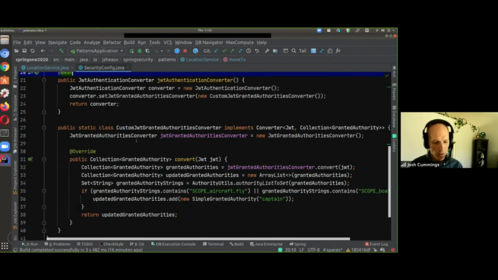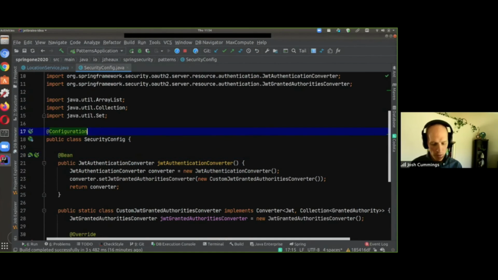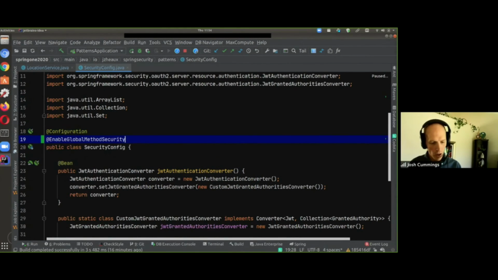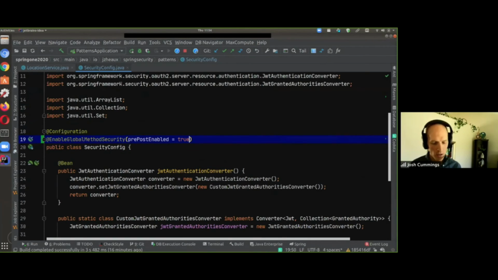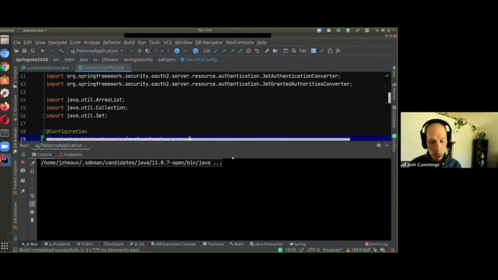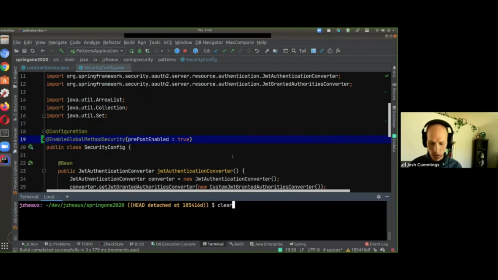In order to make this work, we need to make one other change, and that is to turn on method-based security, which is not on by default. And we'll say that we're using the pre and post authorize annotations. PreAuthorize is one, PostAuthorize is another, which I'm not demonstrating to you today. And then if we restart the application, we will hopefully see that it behaves just the same as it did before, where it will allow pilot client to